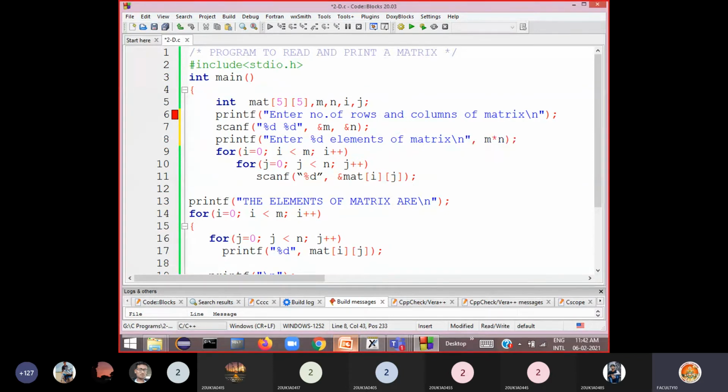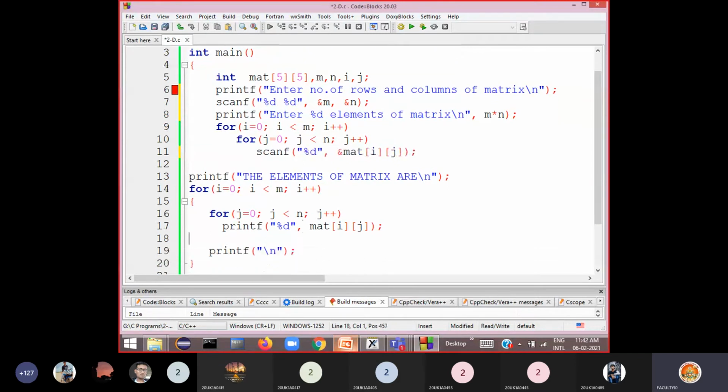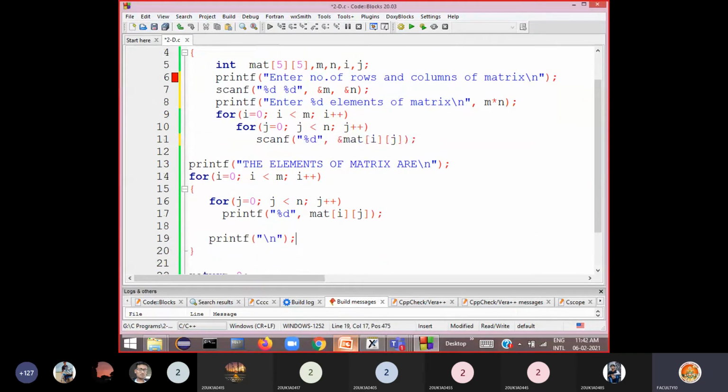If you copy from a Word file or PPT, then the double quotes will be different there. Okay, so here your editor requires double quotes in another form. Okay, right. So save the program, again build the program. Okay, so no errors. Now run the program.